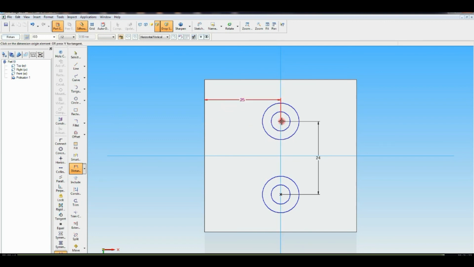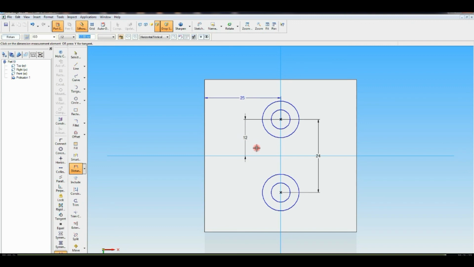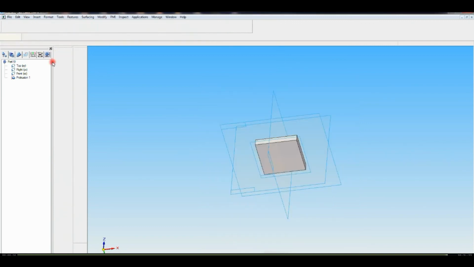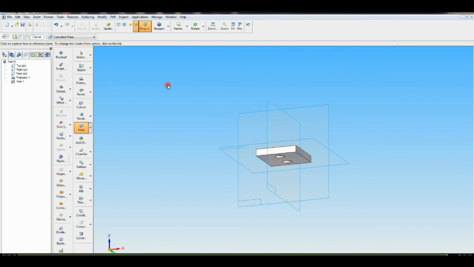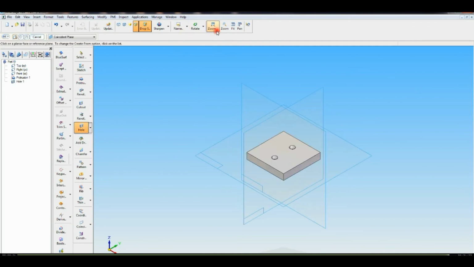Then from center of the circle to center of horizontal line, this should be half of 24, 12 mm. Then return, move the cursor upward direction, like this clamping plate is over.